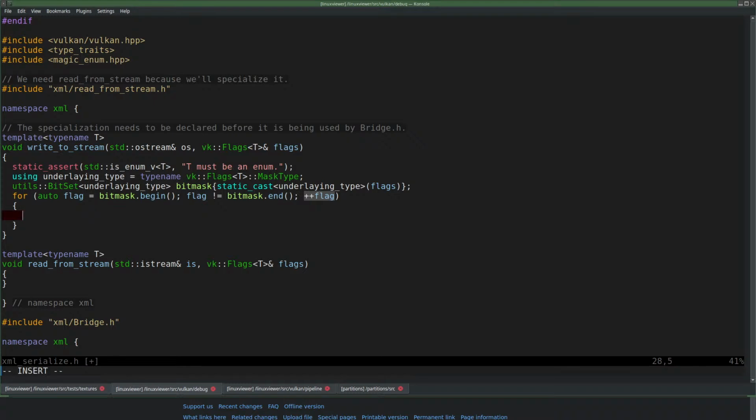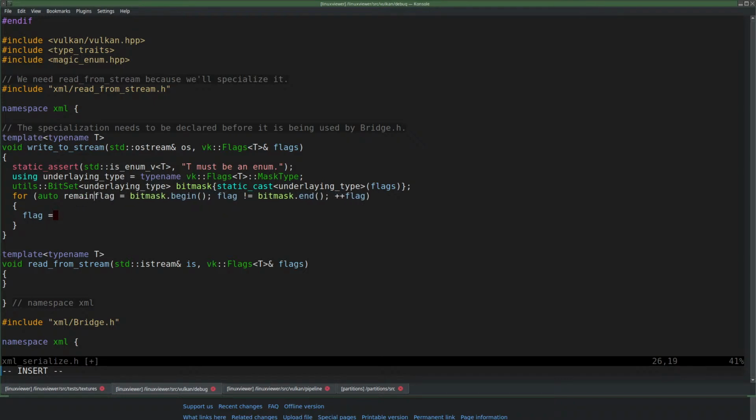And then we need to get the least significant bit. So let's call that flag, I mean. So I need a new name for this loop thing here. Really, it's all remaining flags.